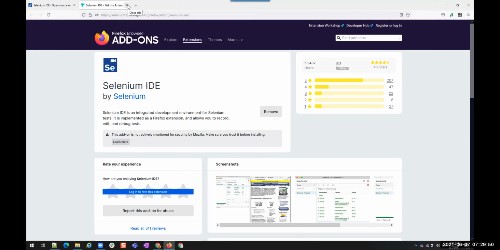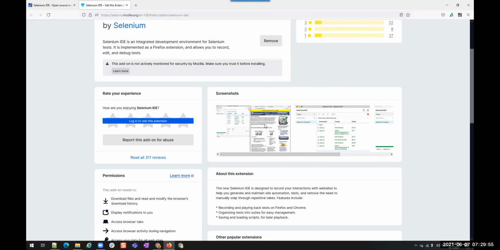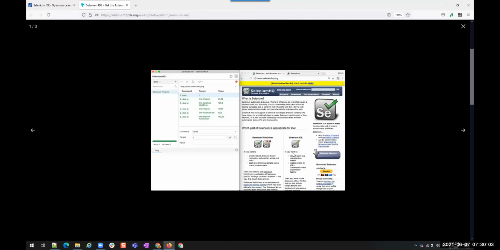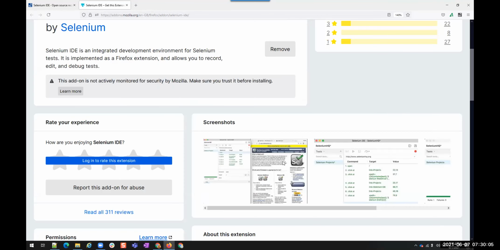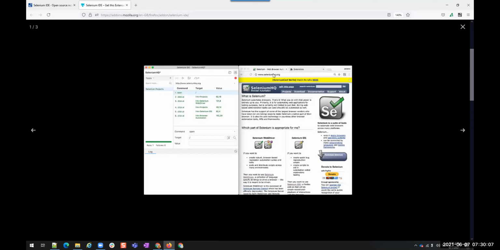This is only for record and playback and temporary tools. You see here earlier, this used to be the documentation site. You see seleniumhq.org, that was the original site which used to look like this.